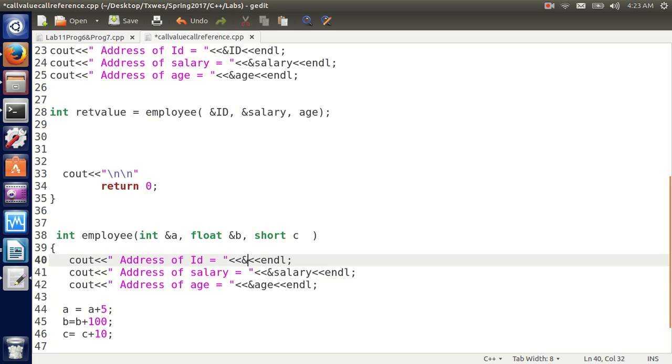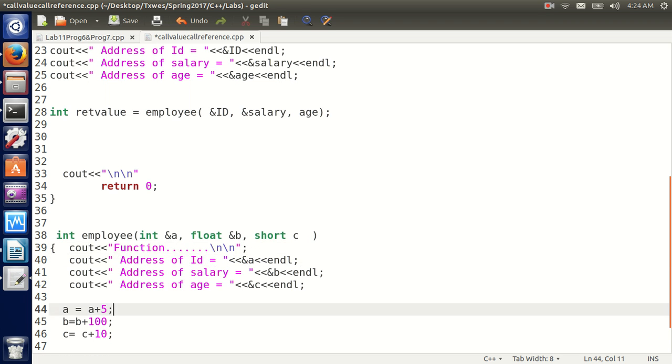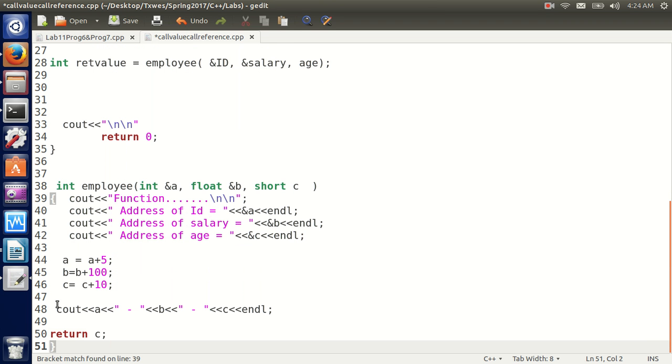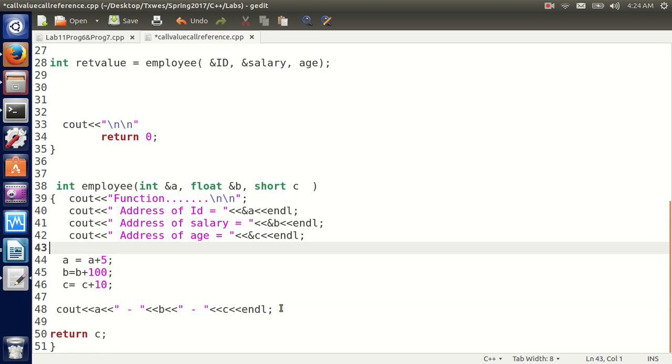This is going to be address of A, B, and C, and here I'm going to say cout, so I'm now in the function, \n, close it, semicolon. And now I want to print those also before I do any changes to them, so I can see